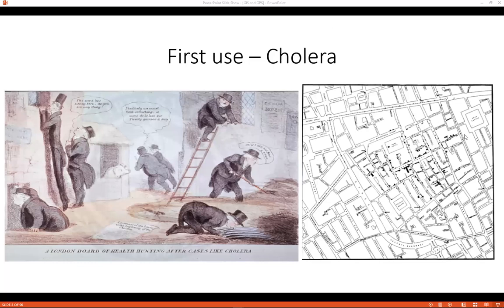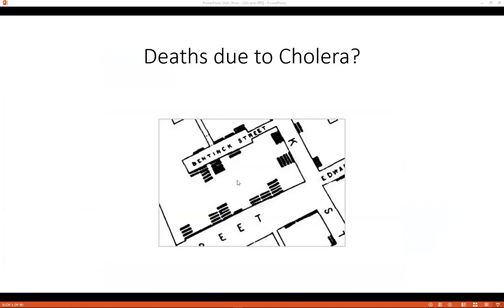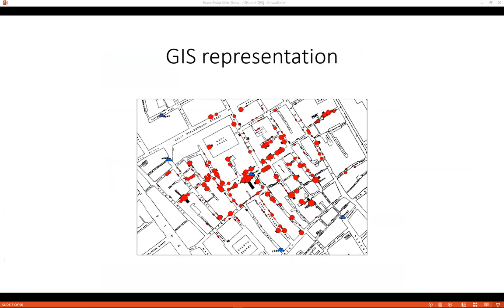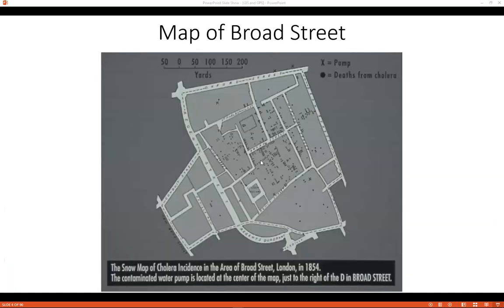He collected all the data and found that across these locations there is a pipeline. The X marks are the pumps, the freshwater pumps. He found that people who drank from a specific pump got cholera more often, and people died a lot. So that was the first application of